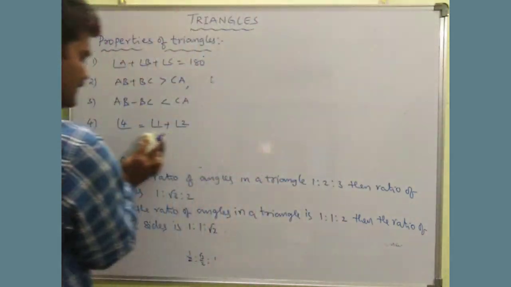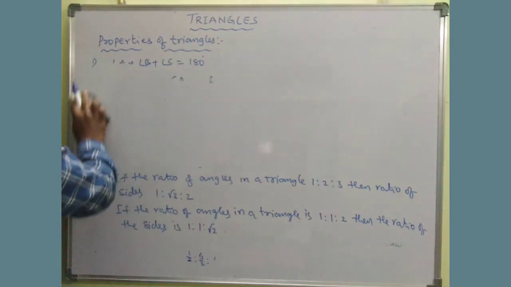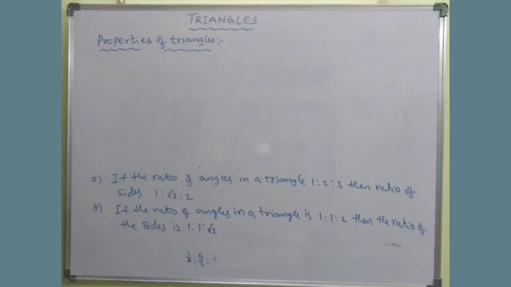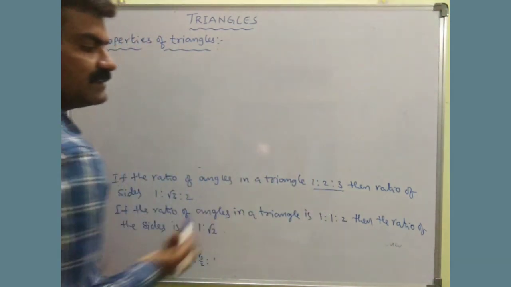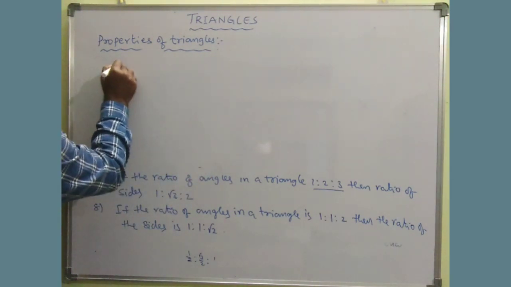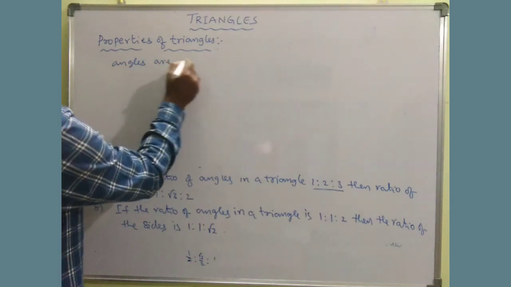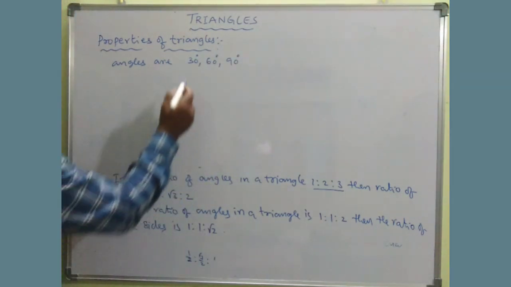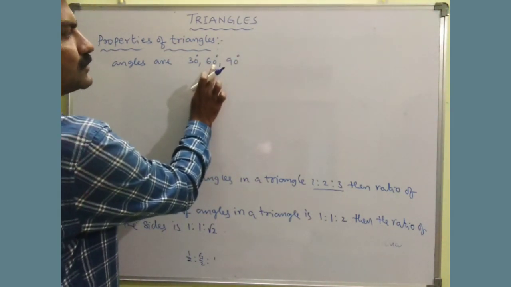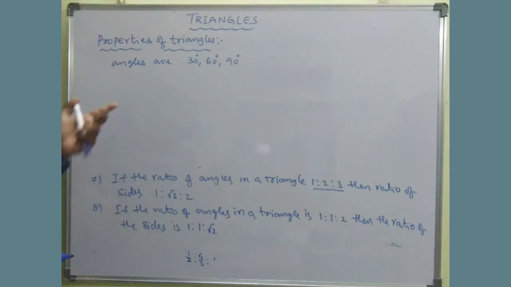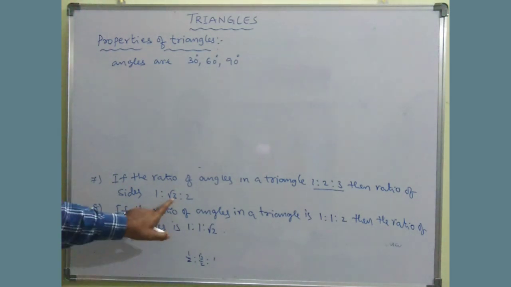So just look at the brief explanation about this point 7 and 8. Okay, so let us see what I said here. The angles are in the ratio 1:2:3. Suppose we assume that the angles are 30, 60 and 90. Then their ratio is 1:2:3. Right? So right now you might have no idea about the formula I am discussing, but try to remember it to get clarity.